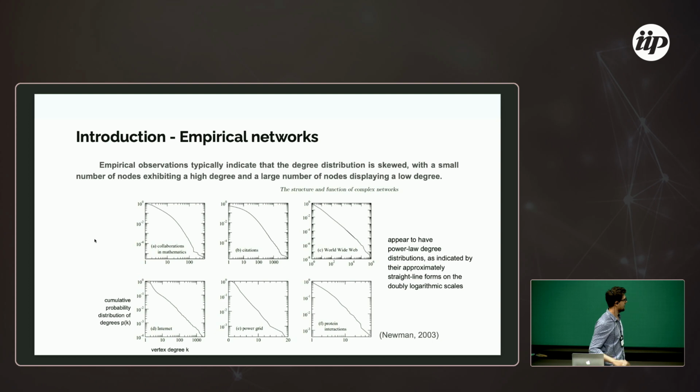About this work, we have empirical networks that have been described for the last 2000 years. Newman, for example, brings us the empirical networks of collaboration in mathematics, citation, World Wide Web, Internet, power grid, and protein interactions. All of them appear to have a power-law degree distribution,